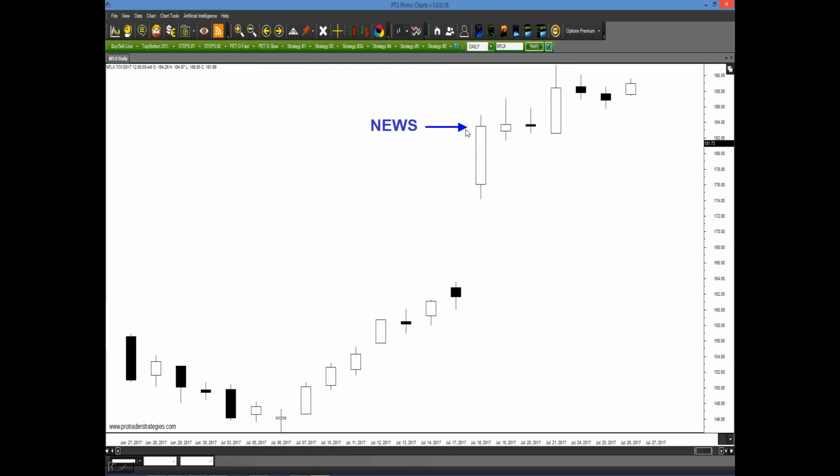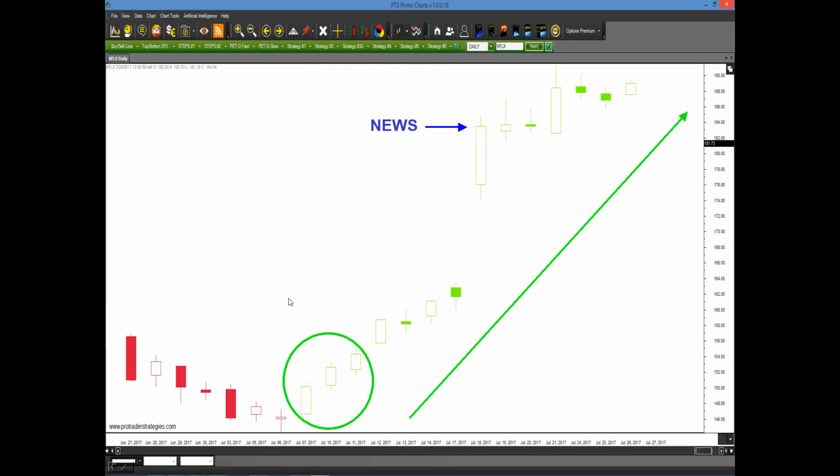And at this time, based off that news, so many people will say, well, okay, now I know this has to be good news. We're in an uptrend. I mean, Netflix is not going to go lower based on that kind of news. This is where I want to start looking to buy, or maybe I'll buy based off that news. All right? Have you done this before? Maybe some of you got long Netflix based on that. Well, that's okay. Sometimes that will work, but would you have liked to have gone in Netflix, or at least known you were in an uptrend somewhere back here? Well, you could have. Click on the PET-D tab in our PTS Primo charts, and what do we have? 3 green bars.